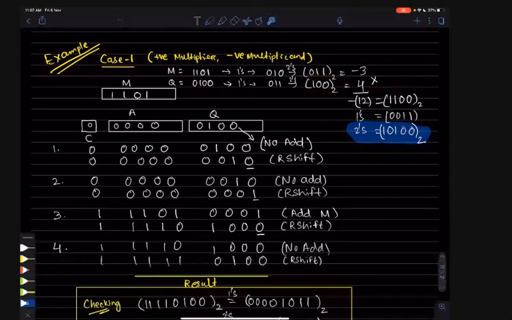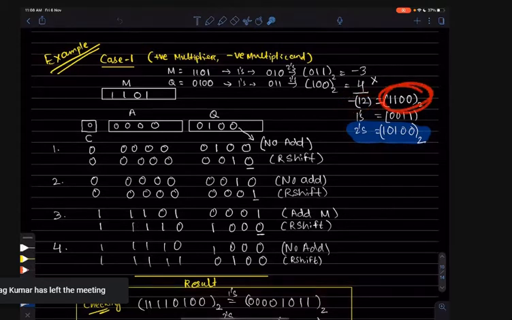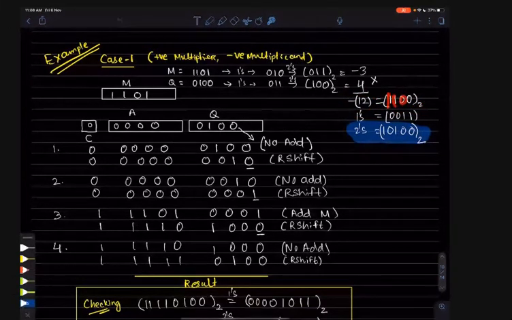After doing this, you got a number 4 here and minus 3 there. So minus 3 into 4, the output will be minus 12. Again we have to represent it in 2's complement form. So let's take the normal binary of 12. What is the normal binary of 12? 1100. Normal binary means just take the number 12 and convert it into binary, you will get 1100.